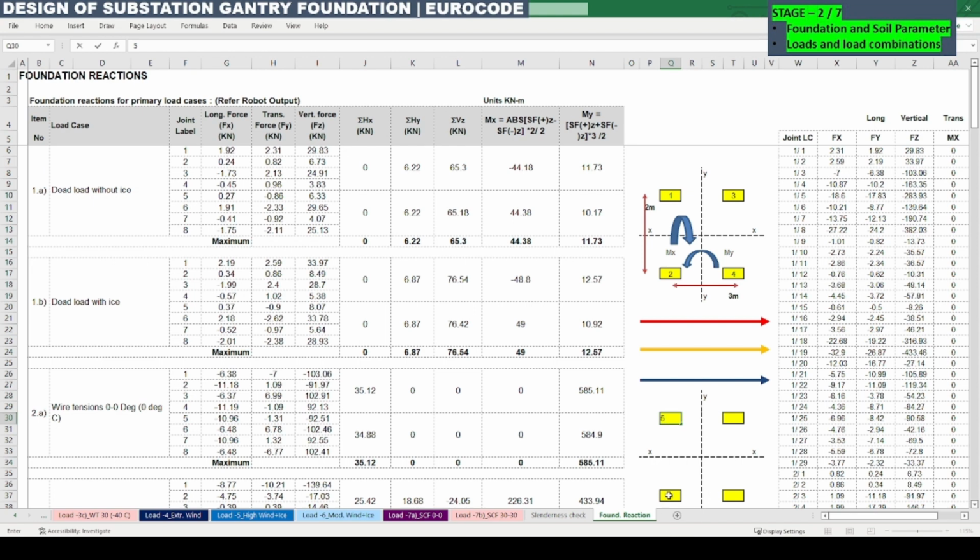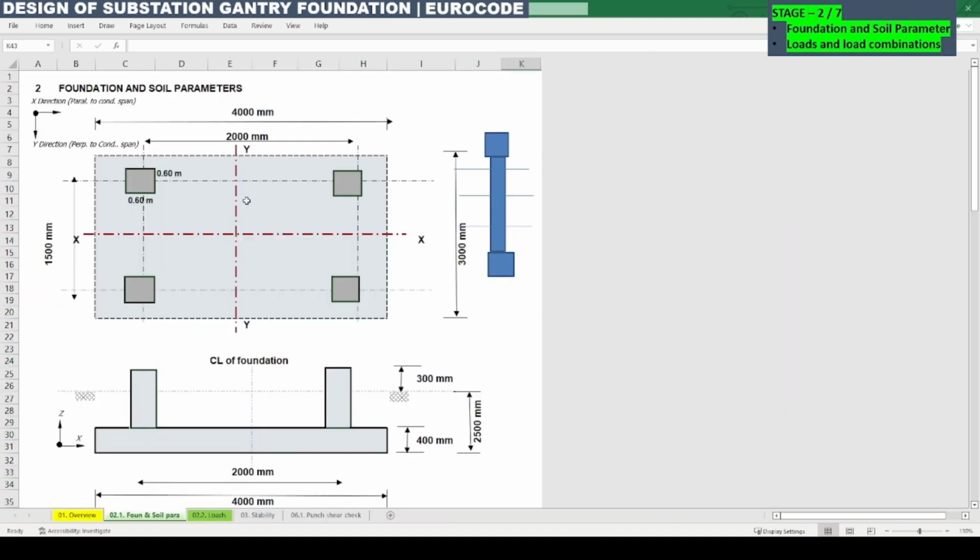Again here 5, 6, 7, 8 are the structure main legs for the 2 towers, which we had already seen in the structure model. So these 3 lines, red, orange and blue, are the conductor spanning direction. So it means the x direction is parallel to the conductor span and the y direction is perpendicular to the conductor span, as per our foundation